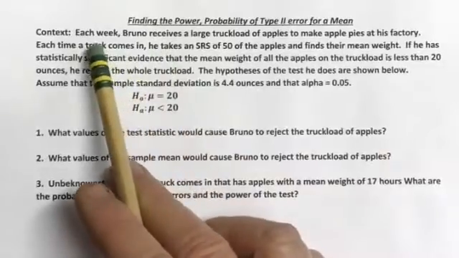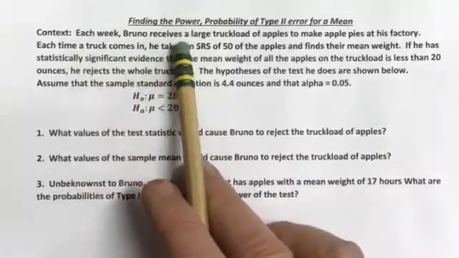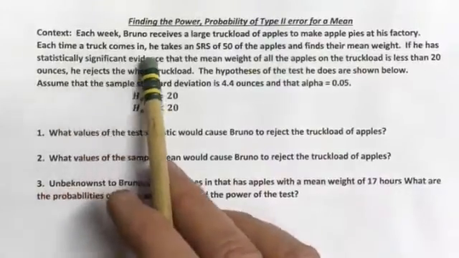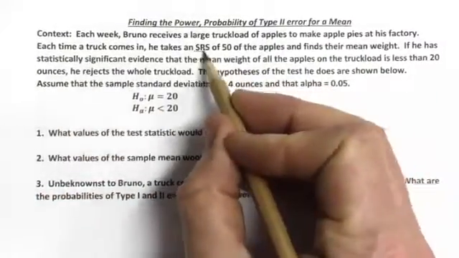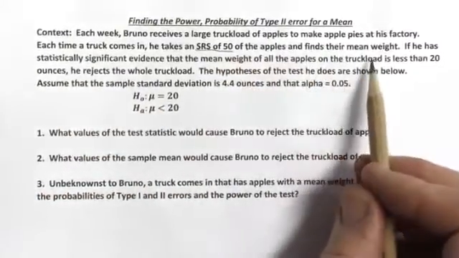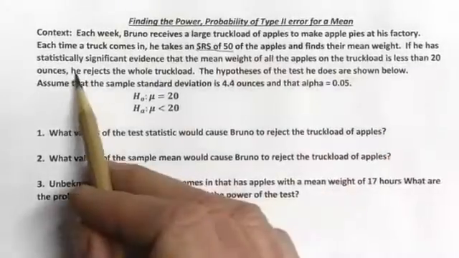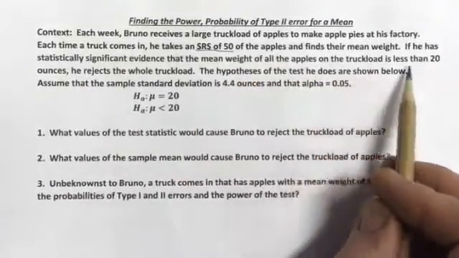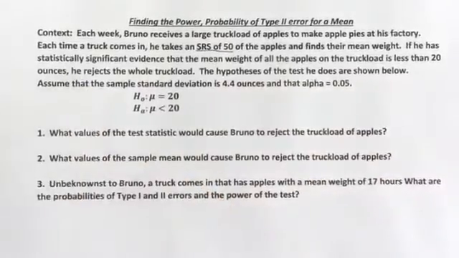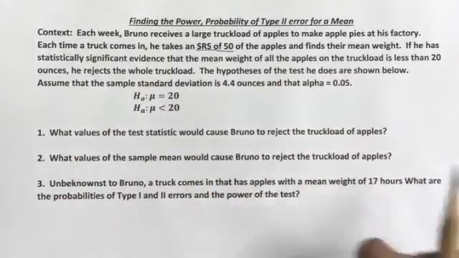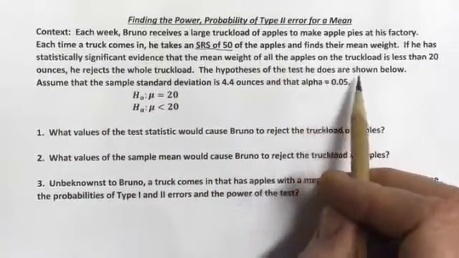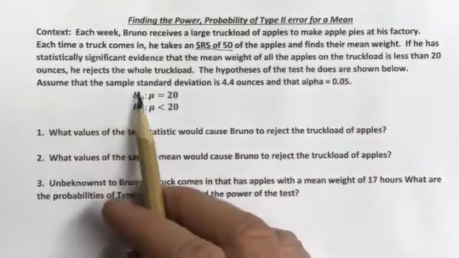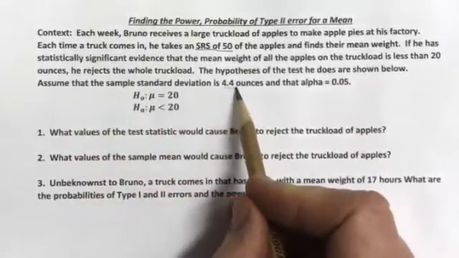So each week Bruno receives a large truckload of apples to make apple pies at his factory. Each time the truck comes in, he takes an SRS of 50 of the apples and finds their mean weight. If he has statistically significant evidence that the mean weight of all the apples on the truckload is less than 20 ounces, he rejects the whole truckload. The hypotheses of the tests he does are shown below right there, and assume the sample standard deviation is 4.4